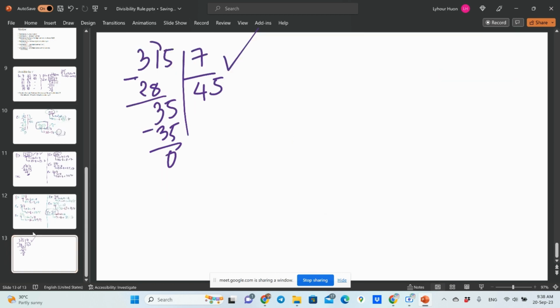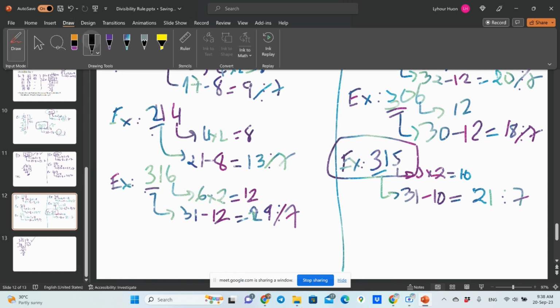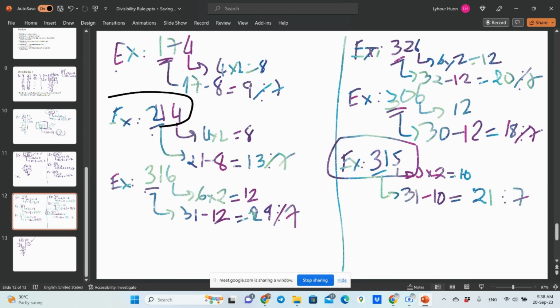Like, if you happen to give an example in class, if you check this one, for example, 214, we know that if we double the 4, it's 8, right? And 21 minus 8 is 13, which is not divisible by 7. So to give an example that is divisible by 7, how about you increase this one more,